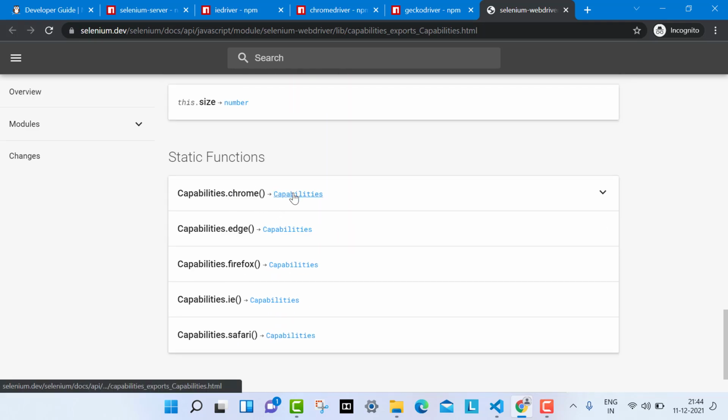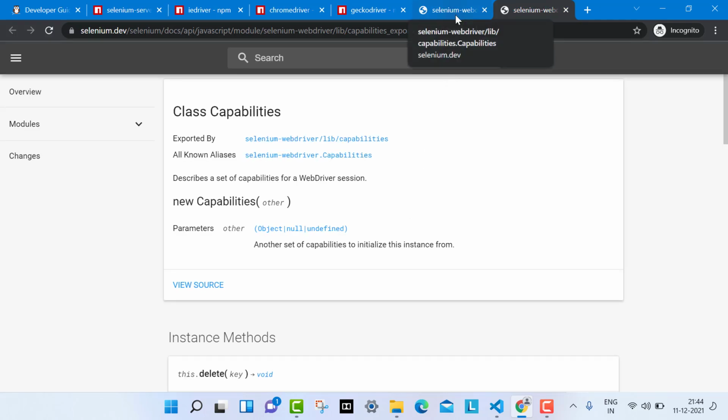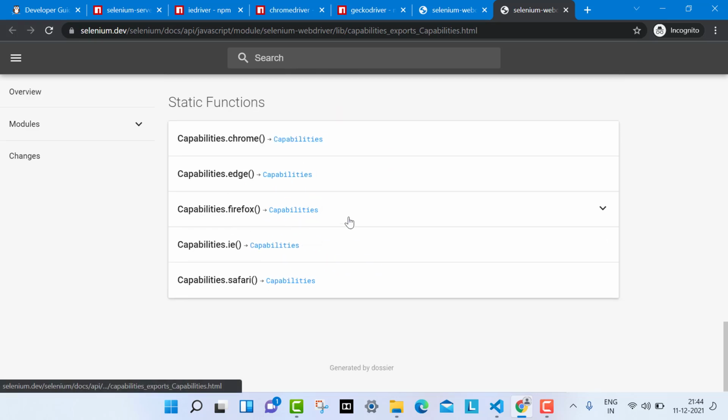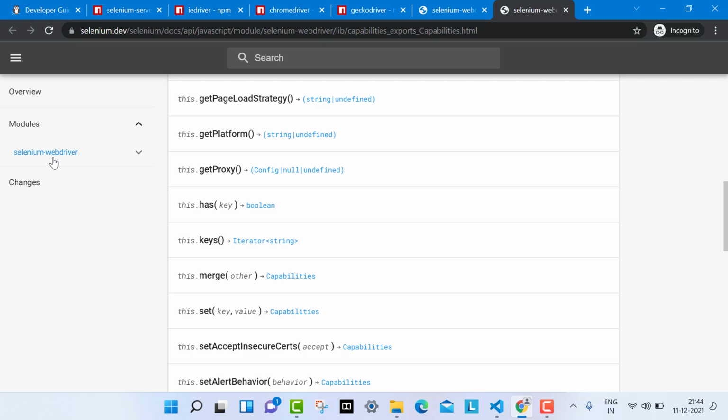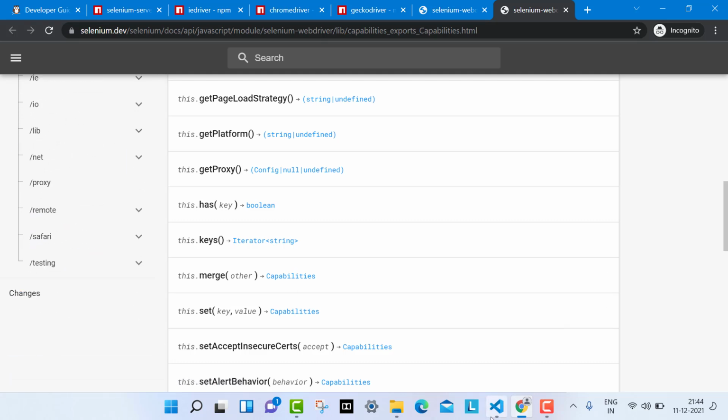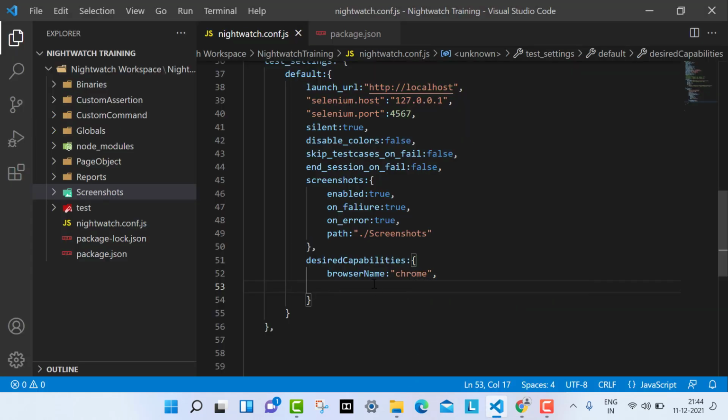You can see all the Selenium capabilities are defined here. If you want the capabilities for Chrome, you can find them from here. If you want the capabilities for the Edge browser, you can find them here. You can use this website to find the capabilities.